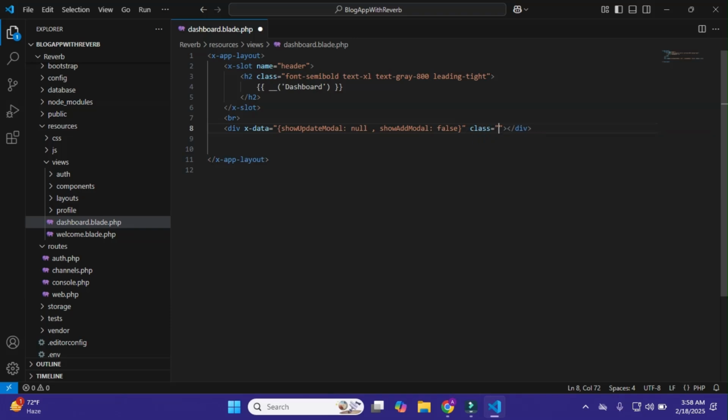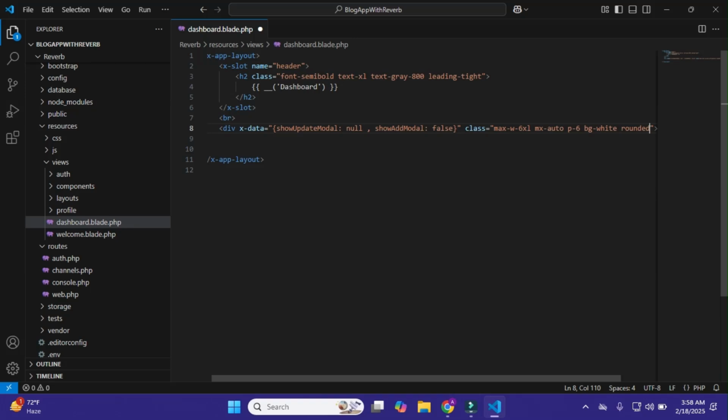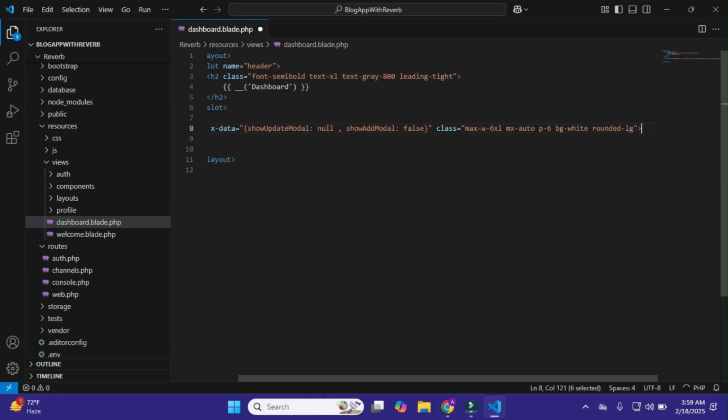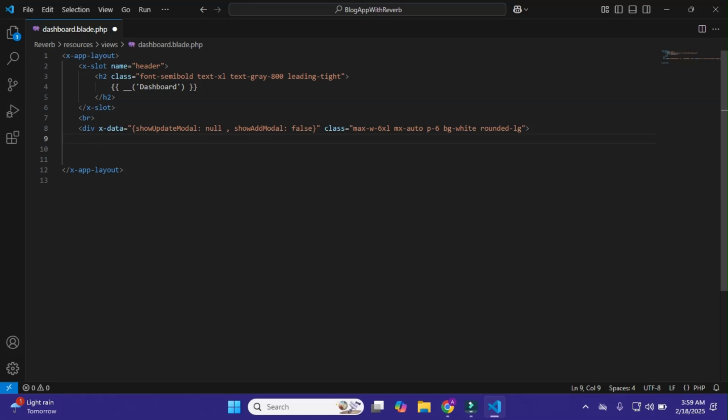And after it auto rounded lg. Okay, and we simply do this and close this, and after it I'll make here h3, and within it I'll give it class text-lg font-semibold and margin bottom 4.